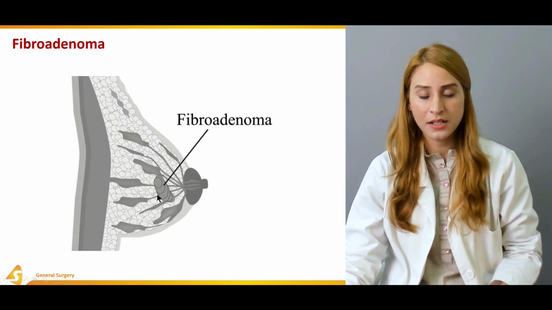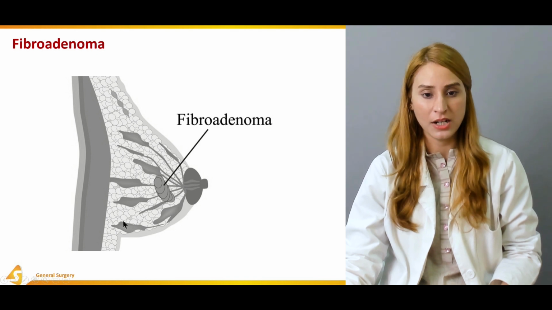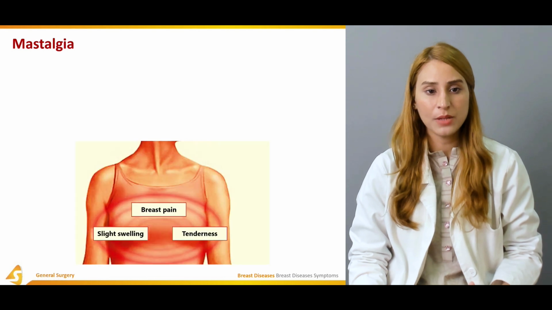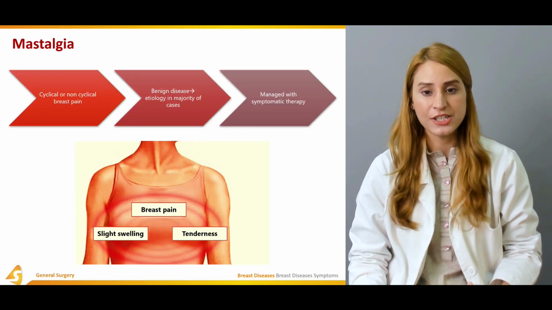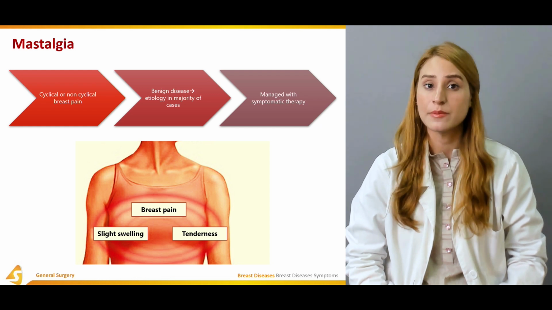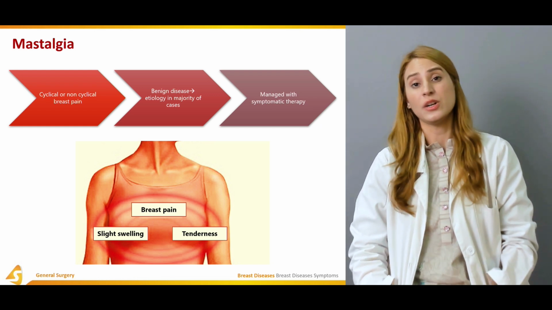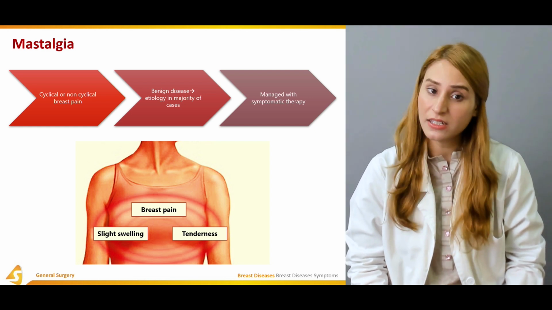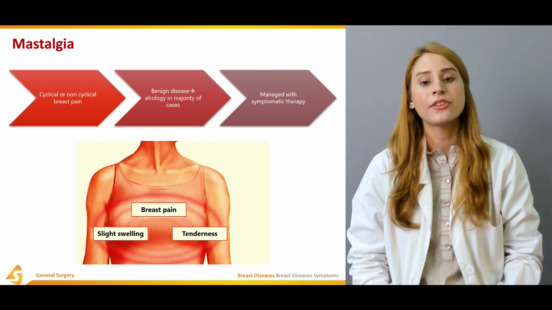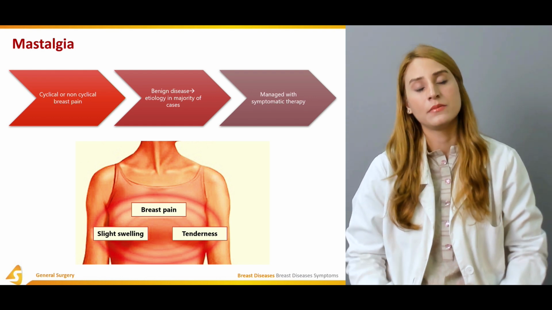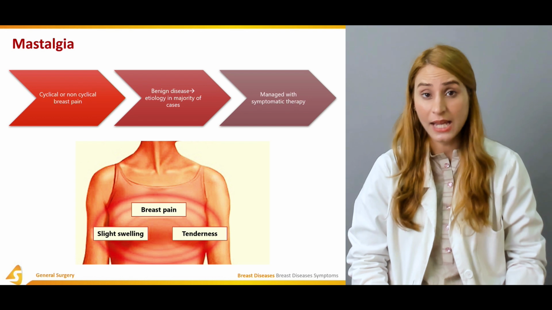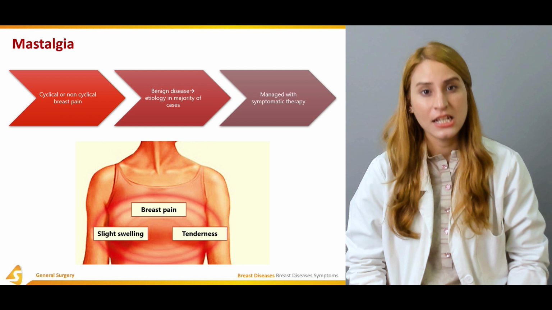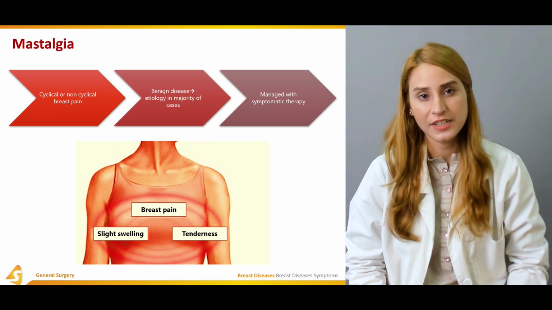And so this is a mobile fibroadenoma, which is found just in the breast parenchyma. Now coming up to mastalgia, I already told you mastalgia is basically breast pain, right? What is mastalgia? This is a typical breast pain, and it can be cyclical or non-cyclical, and there are a number of causes of mastalgia. Sometimes carcinoma may present to you with breast pain, but in 80% of the cases,